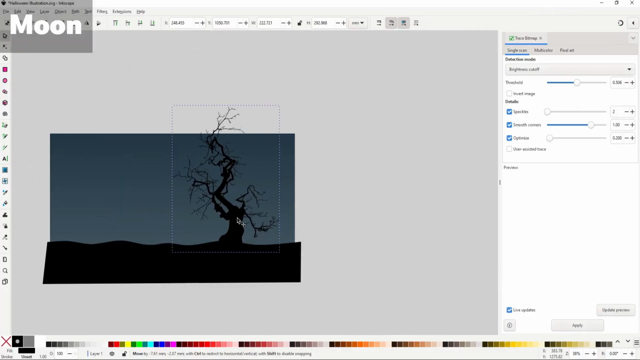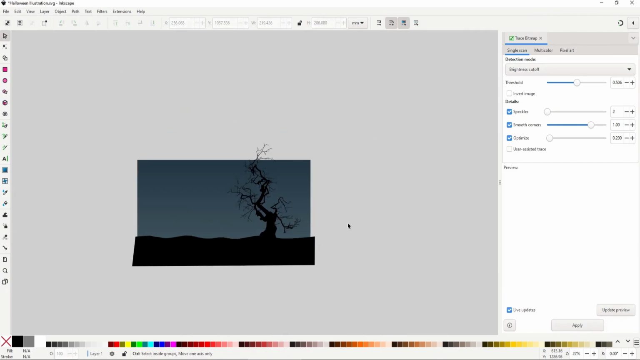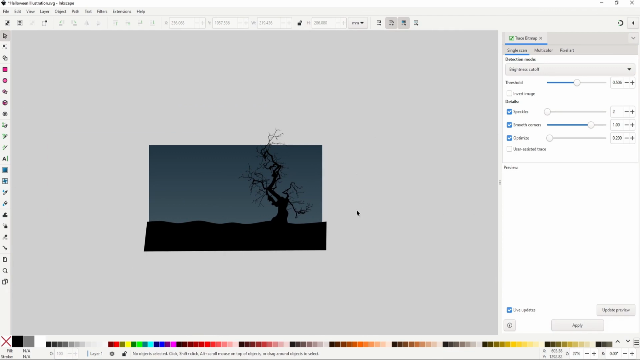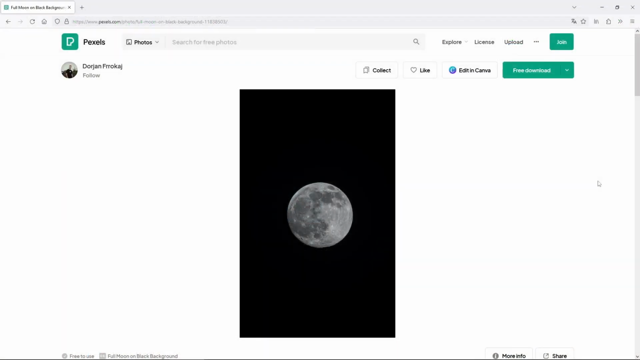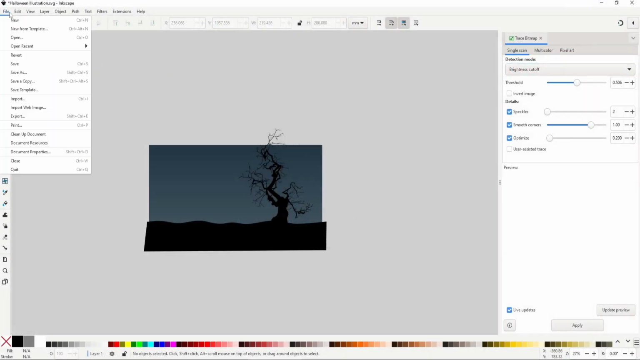A classic composition for this type of illustration is to make a huge moon in the back, creating contrast with the foreground and calling attention to the center. And since the moon is gonna be so big and the tree is so detailed, we're gonna need some photo to add detail as well. So either look for a photo with a big moon and with tons of details, or just get this photo from the link in the description. Import it into Inkscape,